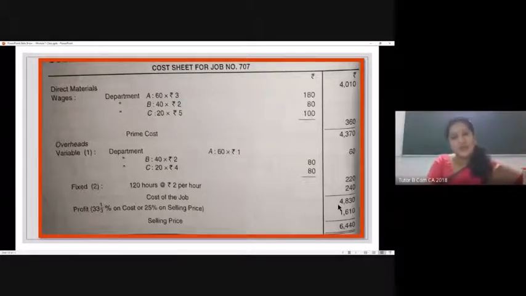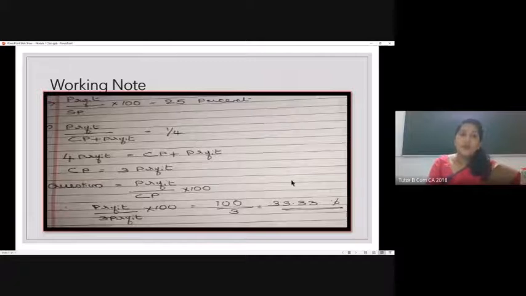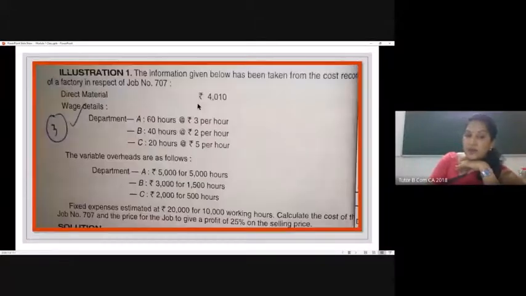I have just worked out for you to understand. Some of you might know that there are different methods for finding out the percentage of profit on cost when it is given as a percentage of selling price in your question. I've just worked out one method which you can see whether you understand. Look here, we know this formula: profit by selling price, SP is selling price, into 100 is 25%. That's already given in the question. Right? Profit by selling price into 100 is 25%, which is given in our question.